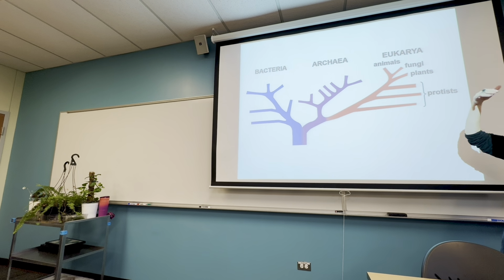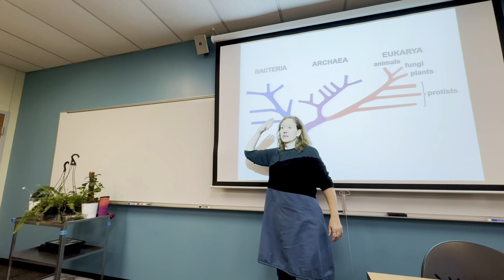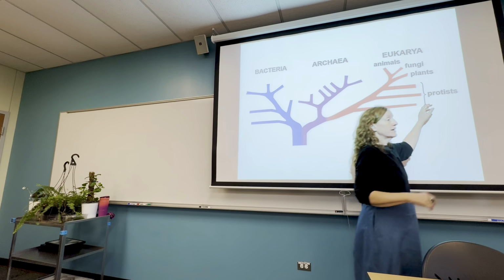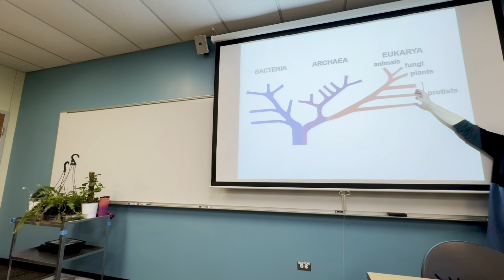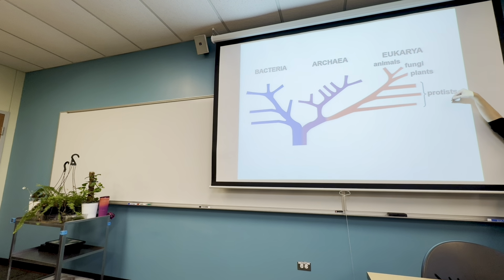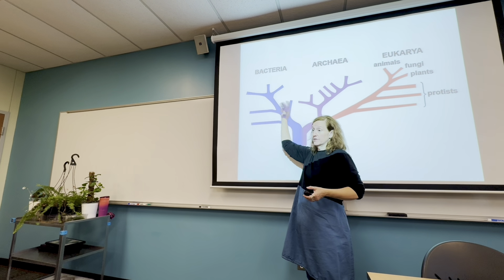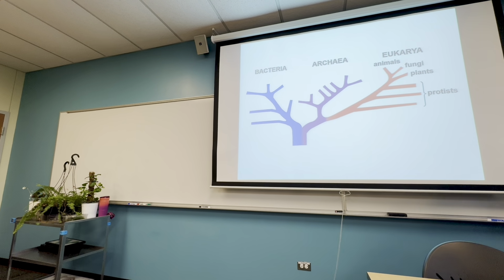The next level down goes domain, kingdom. There are no kingdoms identified in archaea or bacteria as of right now. The only kingdoms that are identified are in the eukarya. There's the animalia, the fungi, the plantae, and then, as I mentioned before, the protista that used to be one kingdom, they're starting to re-identify that. I believe as of right now there's about 8 kingdoms that are named, and then there's other groups where they're wondering where these fit in all of this. So work on kingdom level taxon is happening over here in eukarya, but there needs to be a lot of work done here. So again, there's tons of work and research going on in the world there.